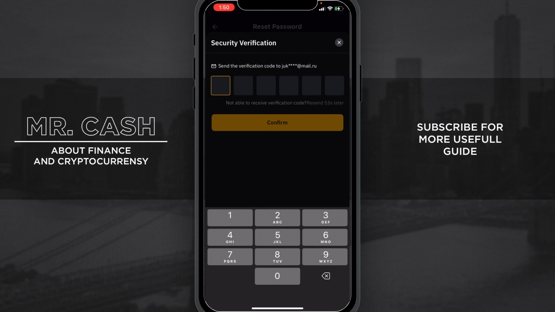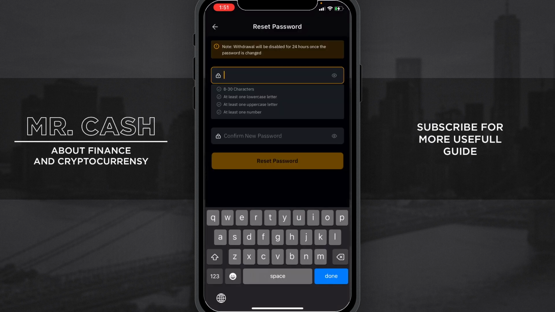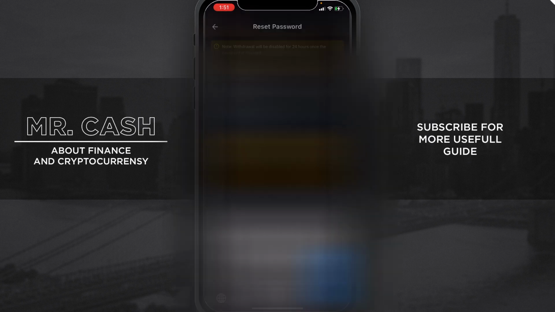Security verification sends the verification code to your email. So now I'm going to find this verification code on my PC and just type it right here. And after that, you can type in your new password